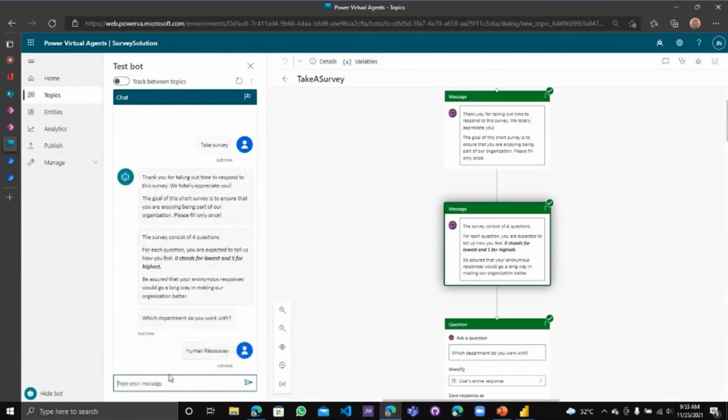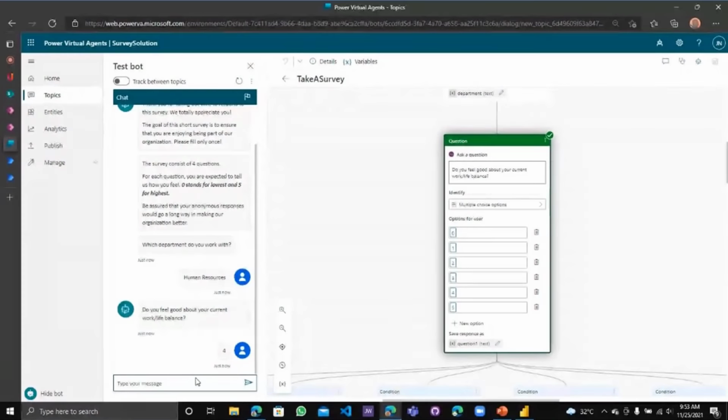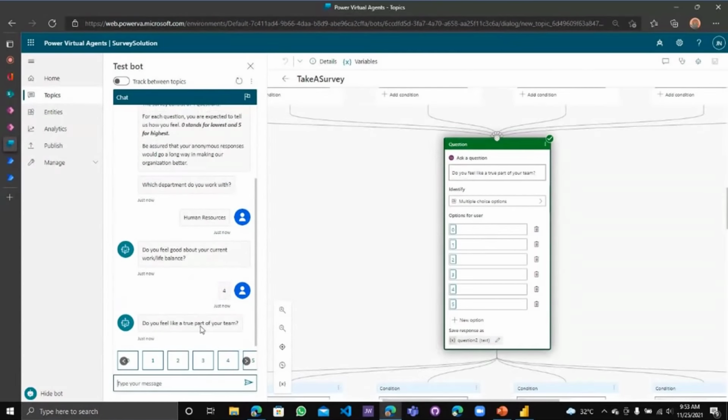And then the first question it's going to ask after this is, do you feel good about your current work/life balance? The user could decide to pick from here or input the number he or she wants. So I'll just click 4. And then it goes over to the next question. Do you feel like a true part of your team? I would input 2 and then